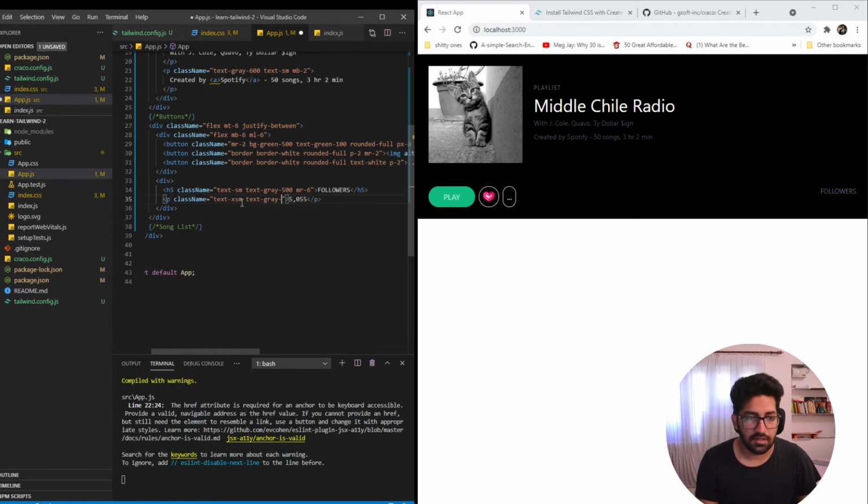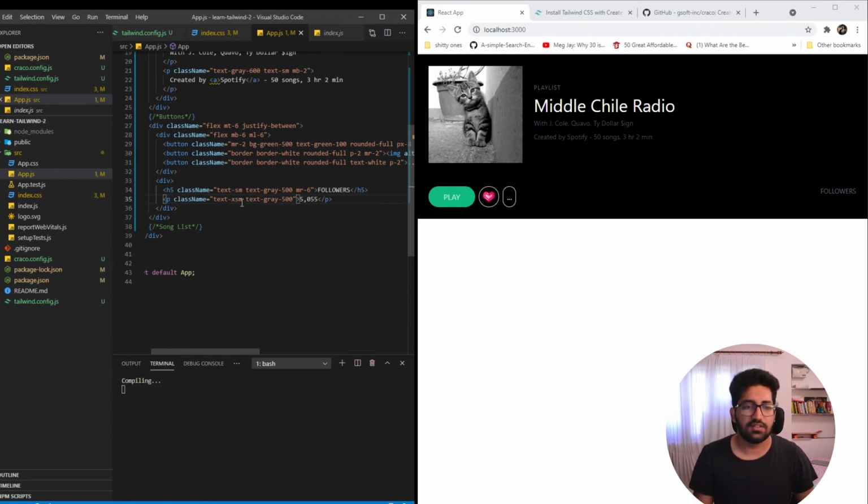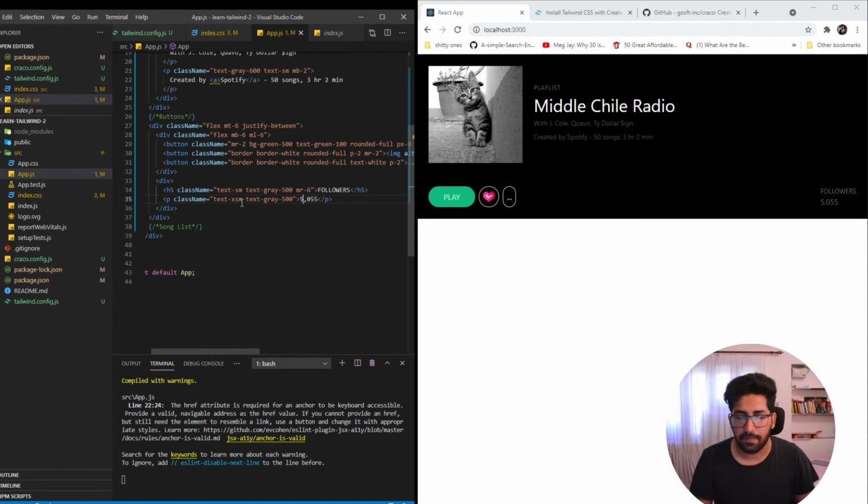Next is the smaller p. Instead of creating different classes for the whole color thing, since the same color is going to apply, we can have the same thing over here. Text gray of 600 or 500, anything looks good.